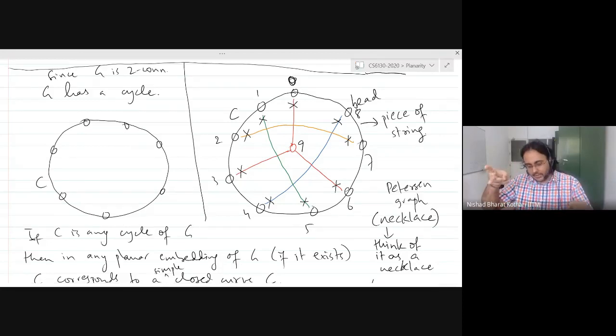We are going to take a scissor and put cuts in all these places so that the cycle detaches from the rest of the graph. Okay? And now these pieces, so there are 4 pieces apart from the cycle. There is an orange piece, there is a red piece, there is a green piece, and there is a blue piece. The red one is a more complicated piece.